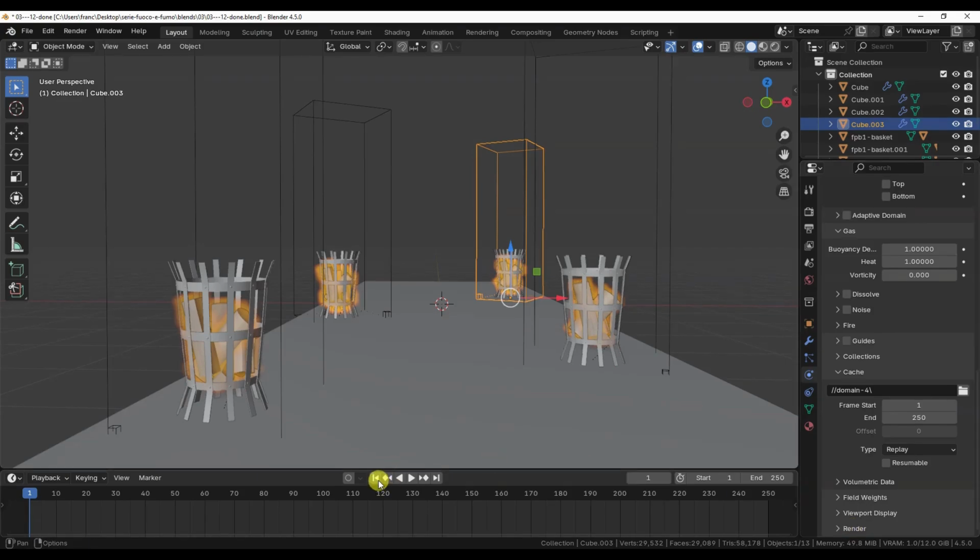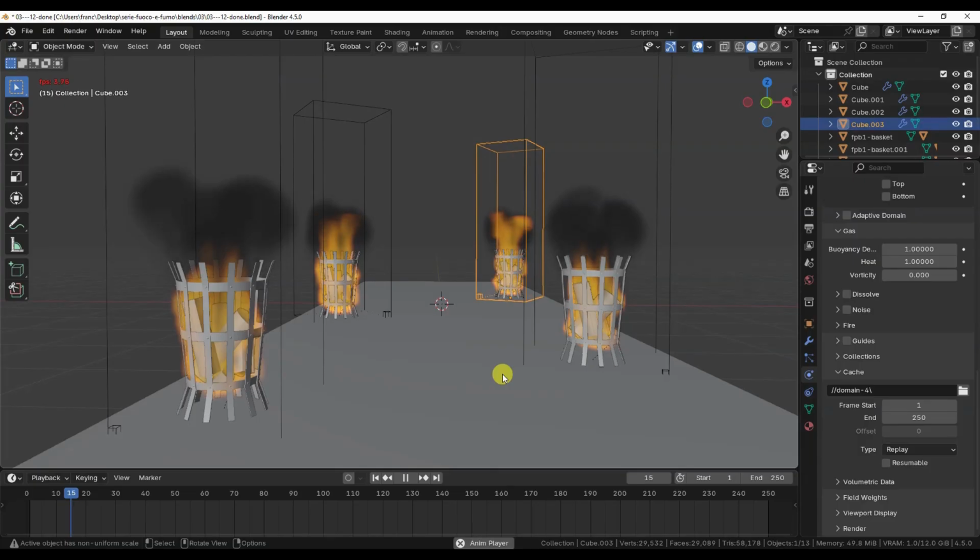Hello everyone. In this third tutorial of the series on fire and smoke with a fluid simulator in Blender 4.5, we'll talk about the ways Blender performs and stores the bake, that is, the physical simulation of fire and smoke. Among other things, we'll see how to calculate the simulation once for a domain, so it can be duplicated and placed in other parts of the scene without recalculating simulations for all the copies.